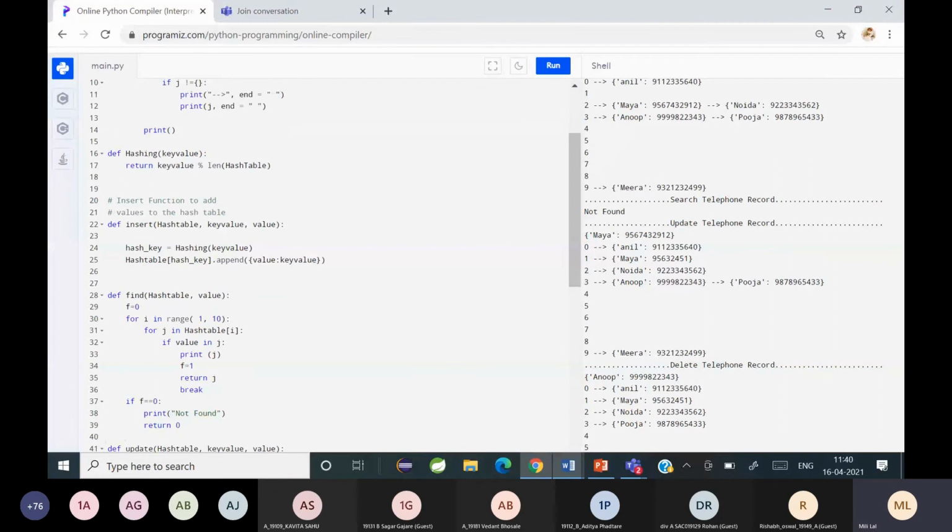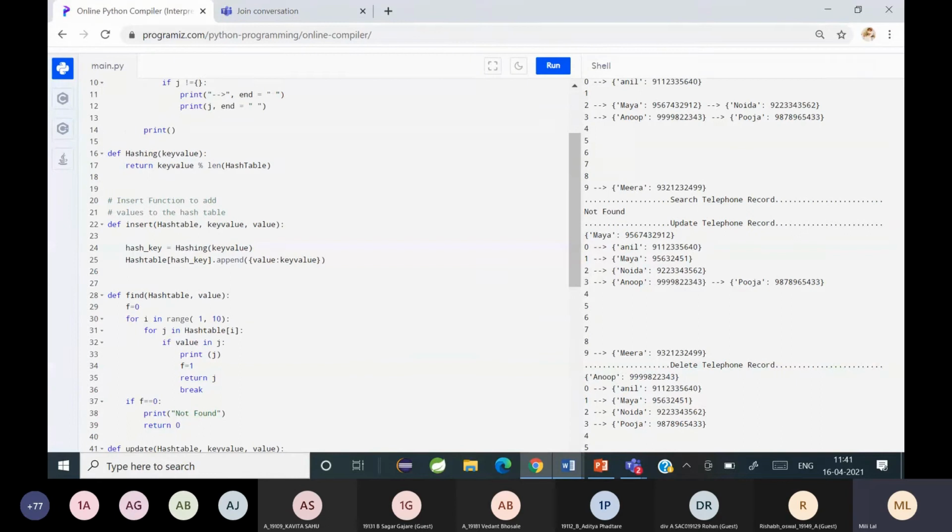If you have Python installed in your system at home, well and good, you can execute it there. Others who don't have it can use an online IDE. Type in the code, and please don't blindly follow it. It's not the only way; I have done it using my own logic. You can do it your way, but what is expected is that you implement a hash table with collision resolution and insert the telephone directory.